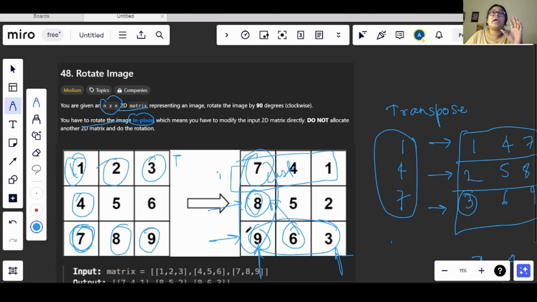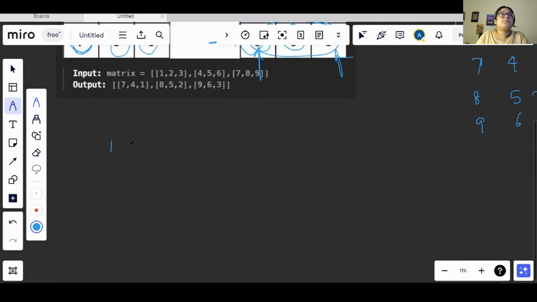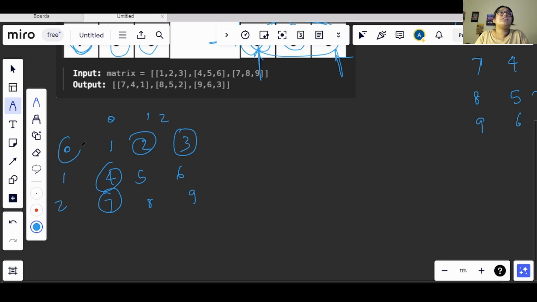Like we saw here, we were performing the transpose. In transpose, let's see, we had 1 2 3, 4 5 6, and after this 7, 8 and 9. Now this 7 went here, and this 4 went here. So we have indices 0, 1, 2 and 0, 1, 2. The value that we have at 0, 0 will not change. After this, let's say we have 4 and this 2. So this is my A of